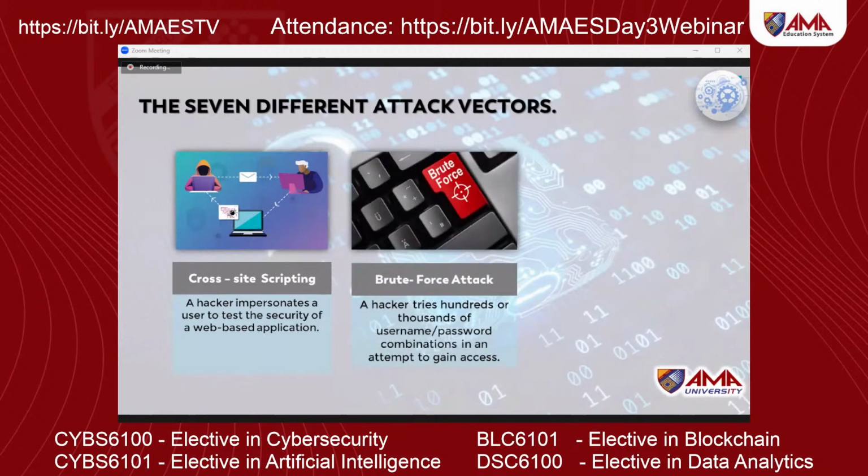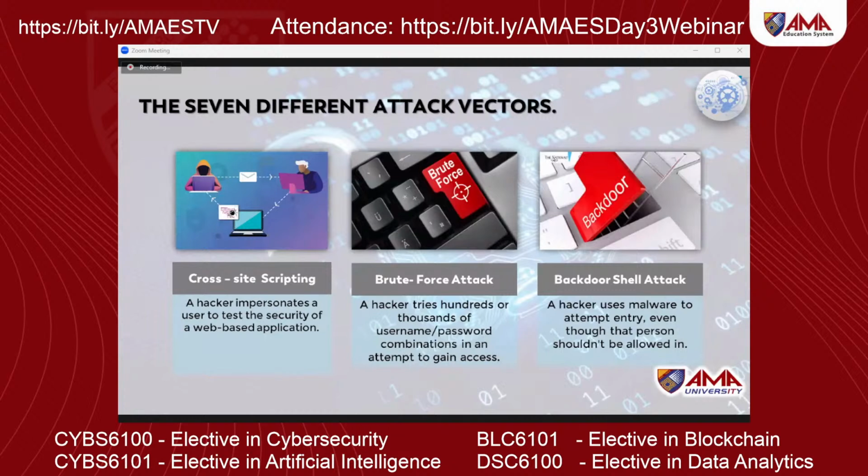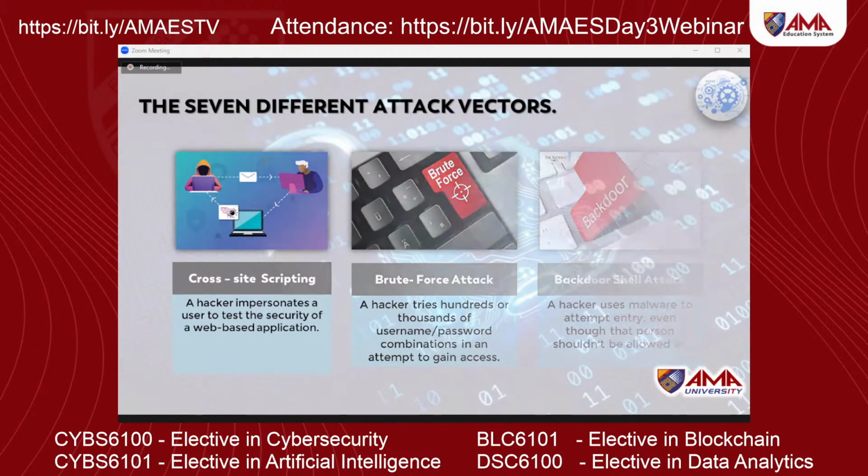Yung hacker tries hundreds or thousands of username or password combinations in an attempt to gain access. Then, backdoor shell attack. So, the hacker naman uses malware to attempt entry even though that person shouldn't be allowed in. Okay, so cross-site scripting, brute force attack, backdoor shell attack. Then, fourth one